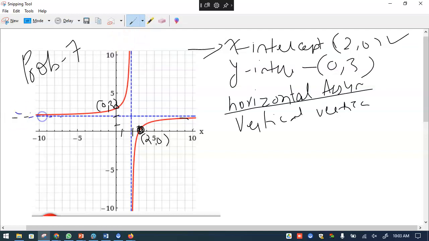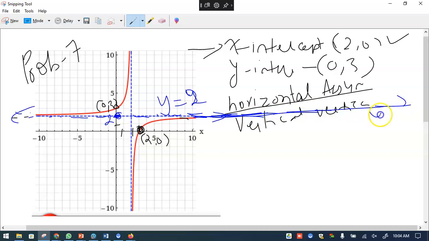This blue dotted line is the horizontal axis. So if it is horizontal, what is the equation? A horizontal asymptote will always be y equals the number where it crosses. And you can see the number. This is the 2. So the horizontal asymptote is y equals 2. And what this means is, as to why the horizontal asymptote is y equals 2,